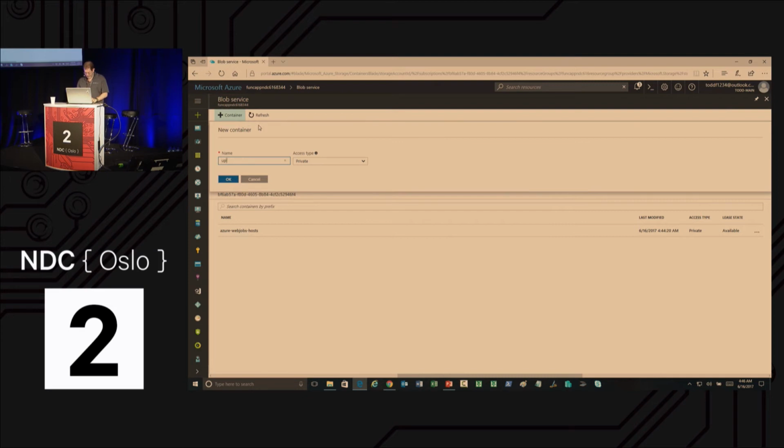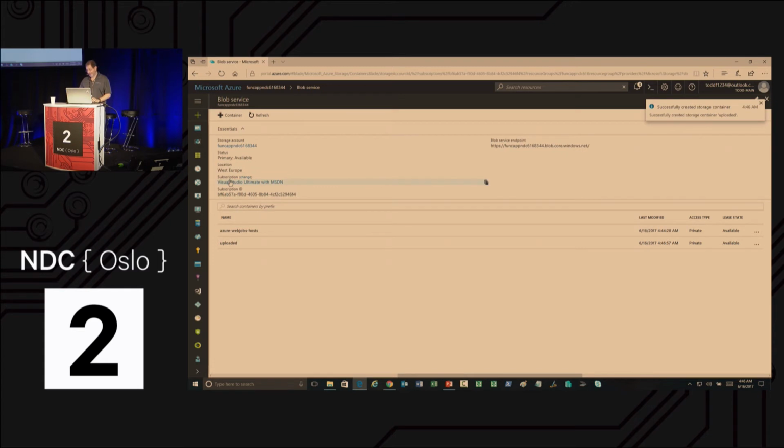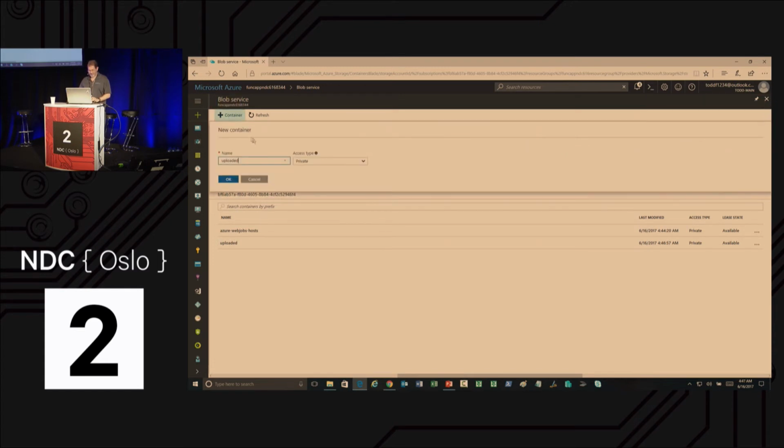The first one was called uploaded. You can set different access types for a container, but we're just going to leave it private. So we have the uploaded container, spelled correctly. Another way that I can screw up this presentation, not saying I did. If any of you saw the Spectacular Failures talk yesterday, I was like, oh, I've got a story.